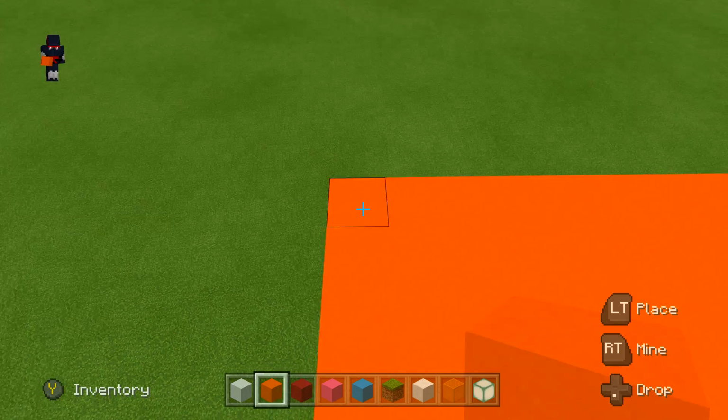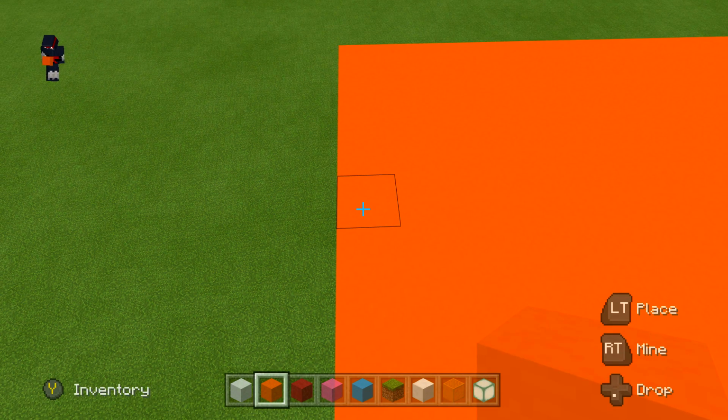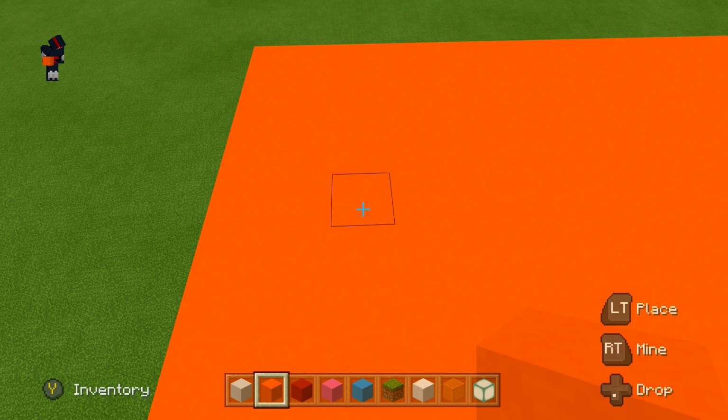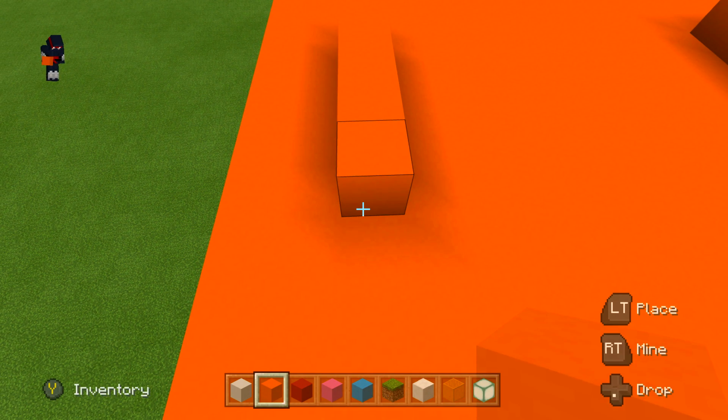Come to the back corner, count to 5. 1, 2, 3, 4, 5. Then go to the right 2 blocks. 1, 2. And on this block right here, you're going to go ahead and come down again a total of 5. 1, 2, 3, 4, 5. And then you're going to go ahead and do...